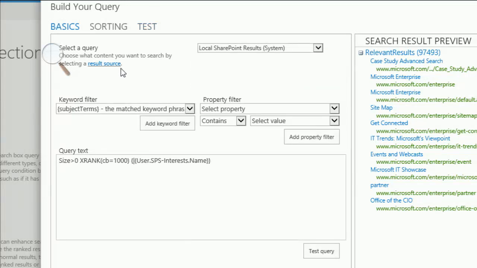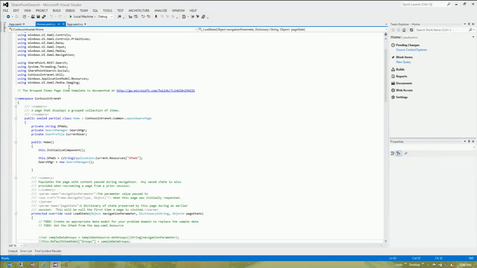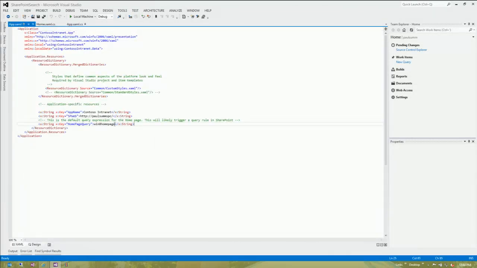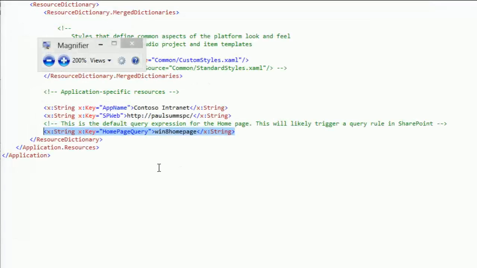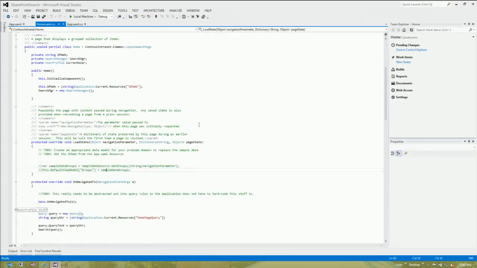So then how do I bring this back into my Windows 8 app? In app.xaml, I create an application-level parameter, Win8 homepage. As you can see, that aligns with the query term that matches, let me zoom in, the trigger condition for my query rule. And then in home.xaml,